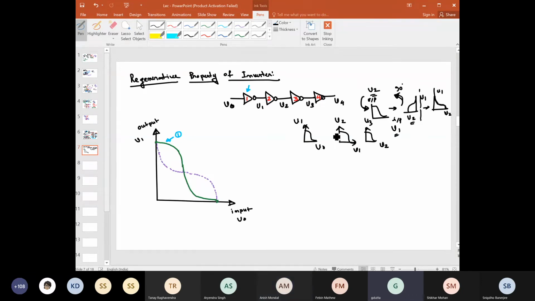So now suppose I ask you to superimpose these two, how will we do that? See here, V1 is here, so you cannot alter this position, right? So I am asking you to superimpose these two plots on the same graph. Then you have to use the common axis, right? You have to make this V1 the common axis. So that's what we are doing.